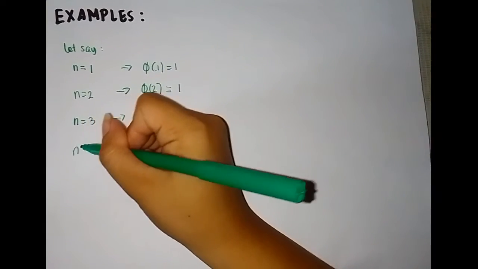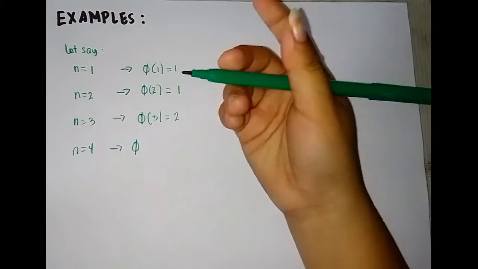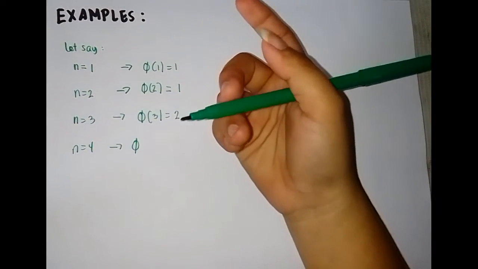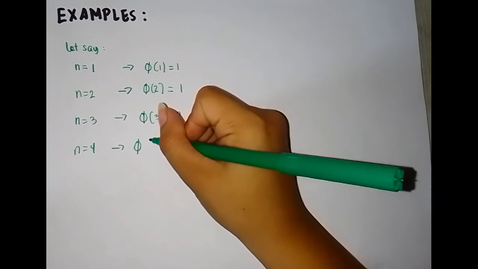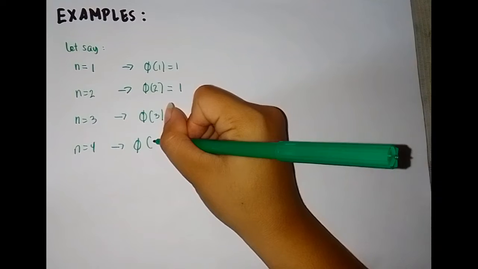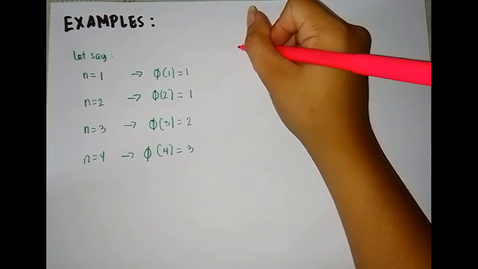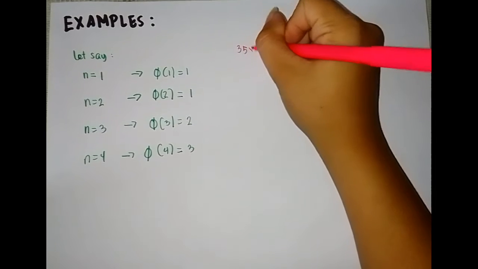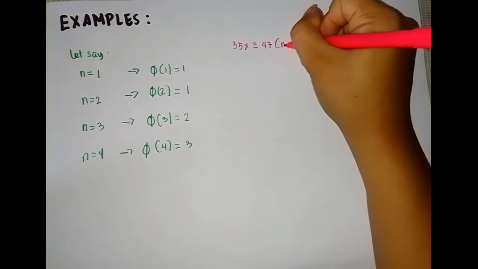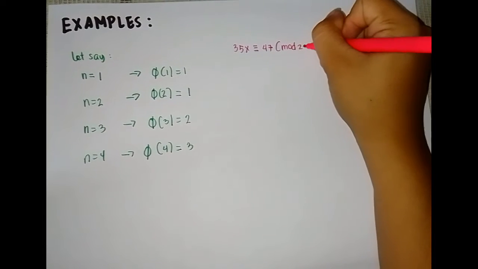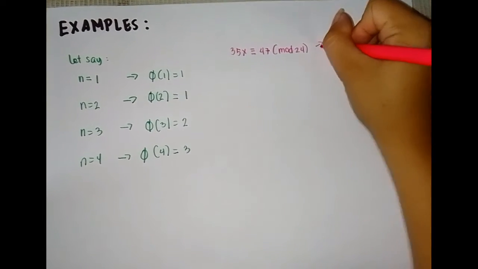And if we have n equals 4, we will count the number of positive integers not exceeding 4 and relatively prime to 4. So we have 3, 2, and 1. We have phi 4 equals 3. We'll have here 35x equivalent to 47 mod 24. What we're going to do first is